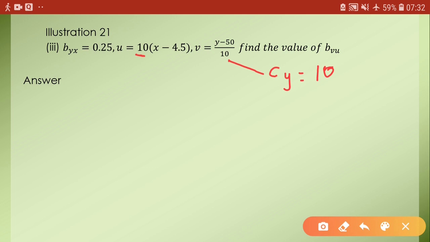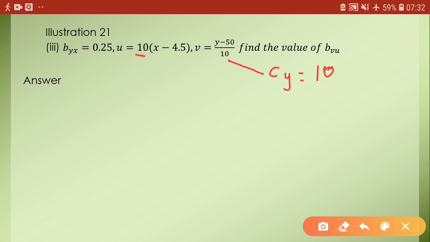So 10 is multiplied, you have to consider it as Cx. Sir, then Cx is equal to 10? No, Cx is not 10. So what is Cx, sir? Actually I taught you that a digit is divided, here the digit is multiplied. So there is a difference between division and multiplication.